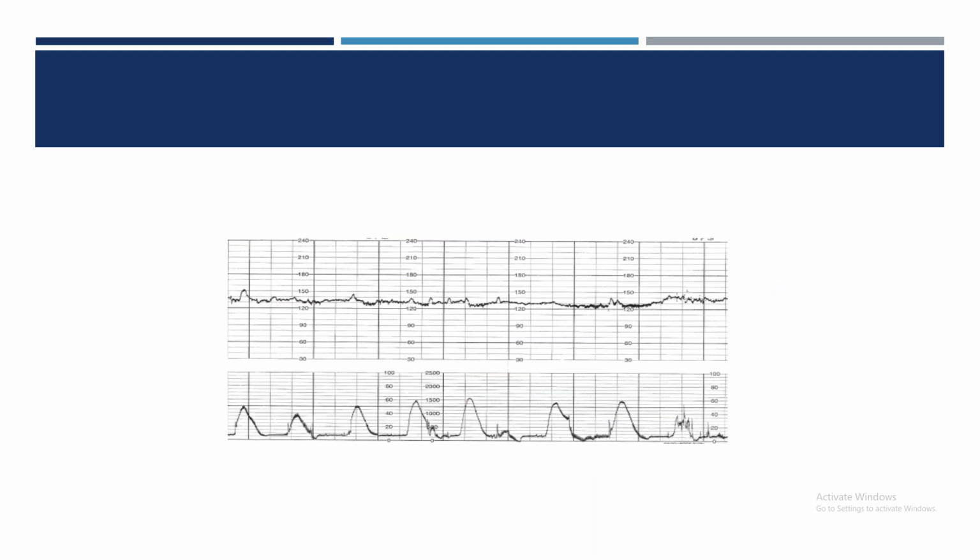Now come to this CTG. Here, see, this horizontal scale is 1 minute. So you can say 1, 2, 3, and this becomes 10 minutes. How many contractions in 10 minutes? There are 3 contractions in 10 minutes. Baseline heart rate: it is 130, because every line corresponds to 10 beats here. So it is around 130.